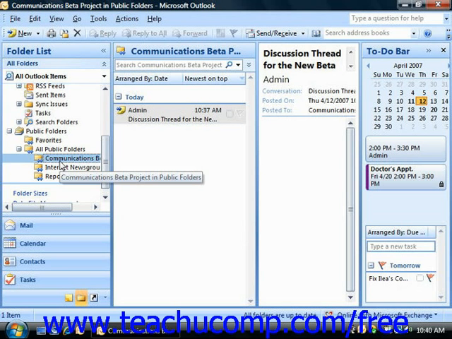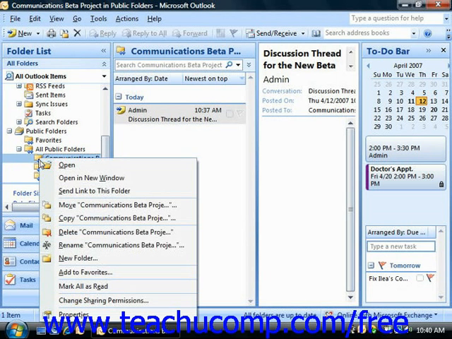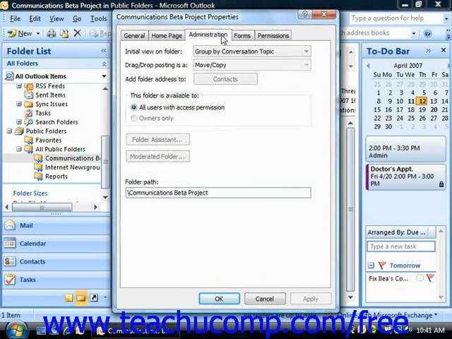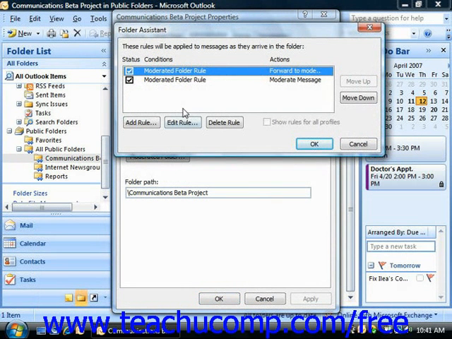You can set folder rules for a public folder by simply right-clicking on the public folder in the folder list, choosing the Properties command, clicking the Administration tab, and then clicking the Folder Assistant button. That brings up the Folder Assistant, where you can create, edit, delete, or turn on and off the rules that